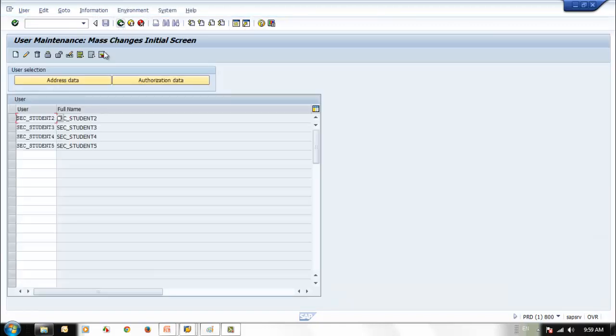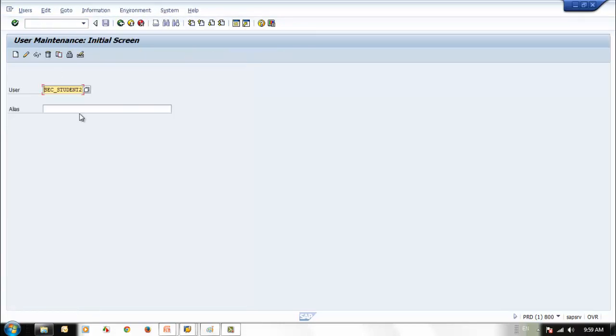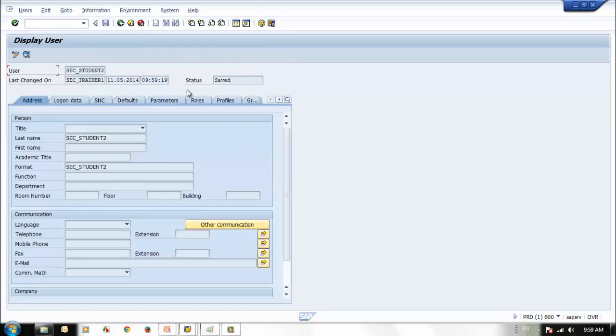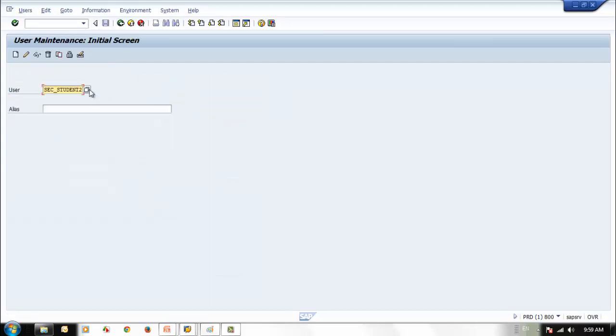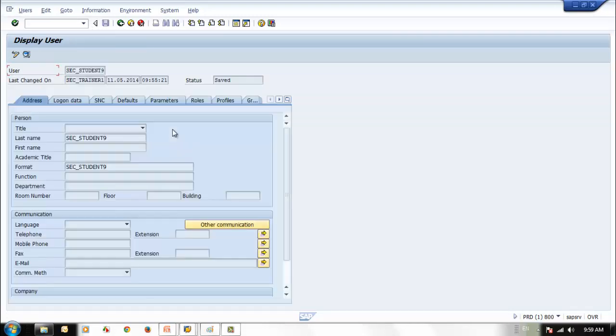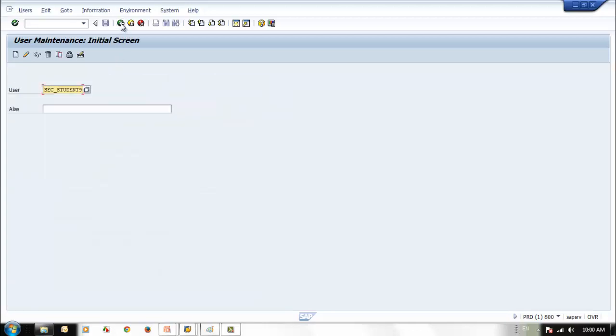So let me go back and see this user. This user has the new role assigned. If I go to another user, student 9, this user is not assigned this one. This is still the old one. So if I go to role 2,